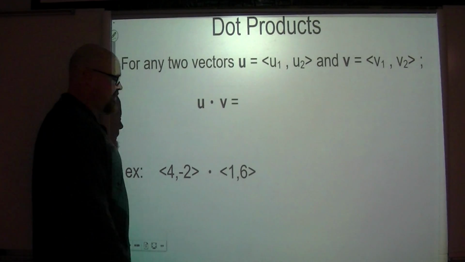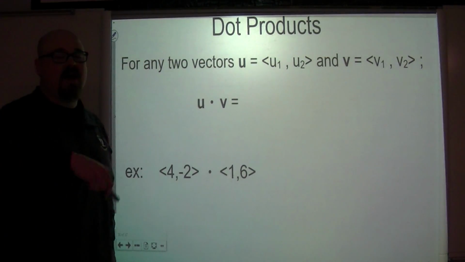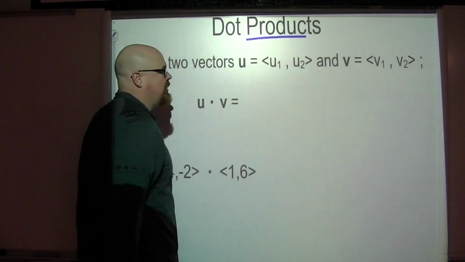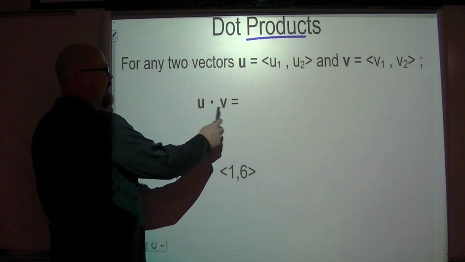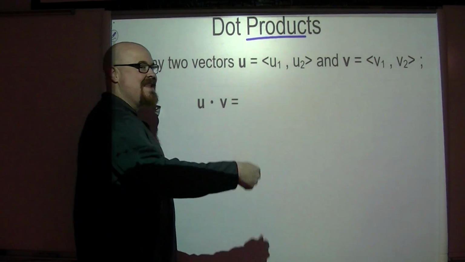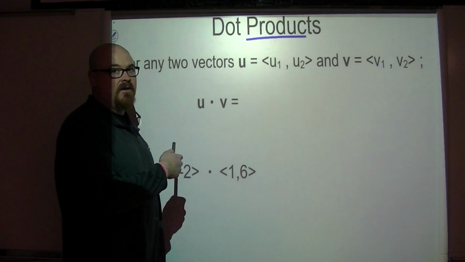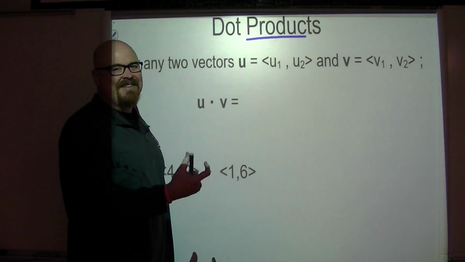And the dot product is a very specific combination of operations, actually. Okay, it is a product. We are going to multiply, okay, but then we have a couple of other things going on. The dot product of two vectors is not another vector. We don't get a vector when we do this dot product. We get a number, and the special name for that is it's just called a scalar,